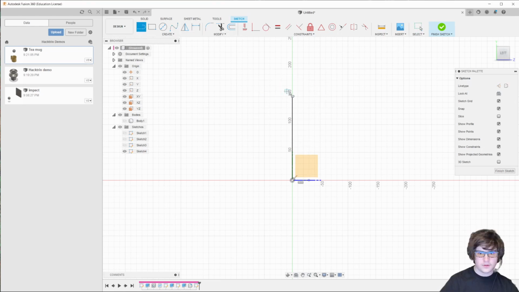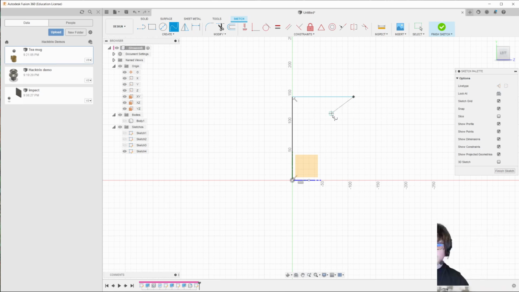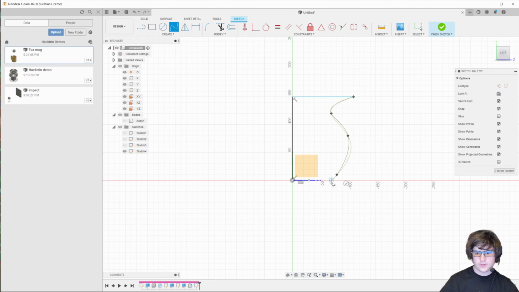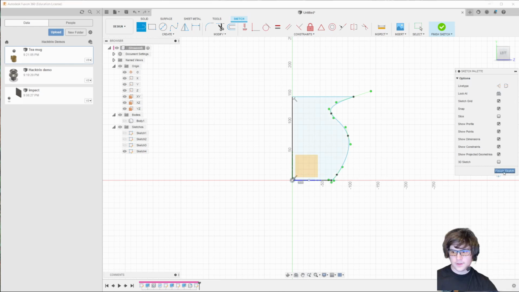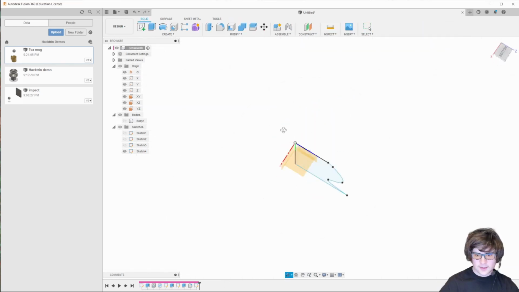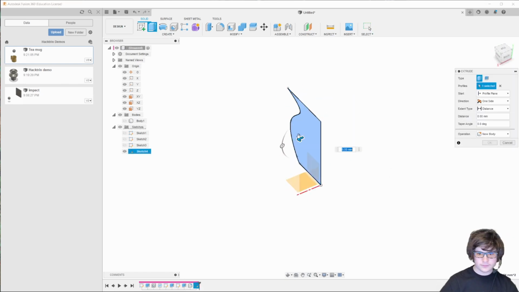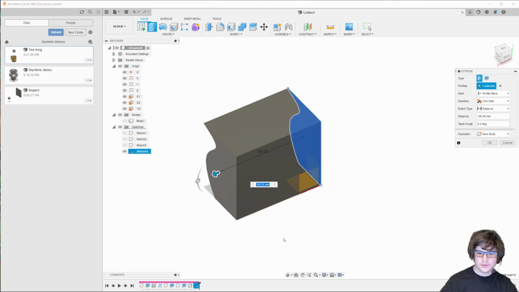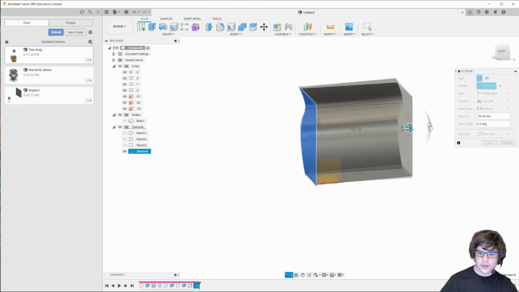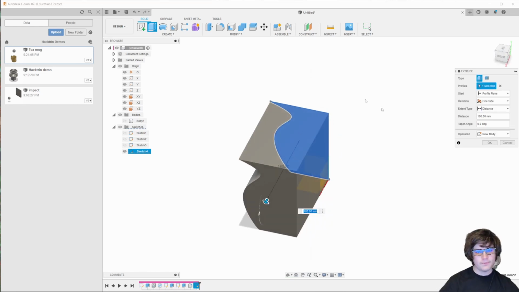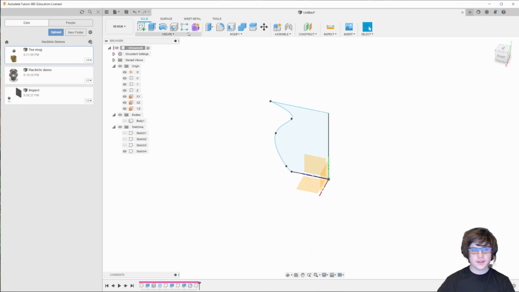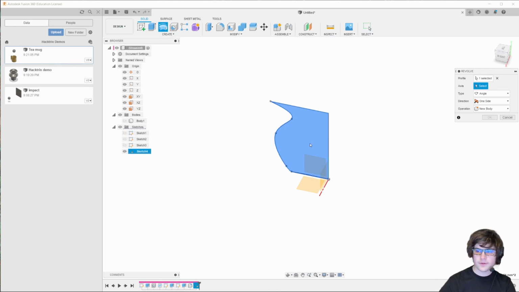And what I'm going to do here is use the spline tool, which lets me make a curved line, and then a regular straight line, and we have this structure. And if I attempt to extrude it, we'll run into a certain issue. The fact that it's not really a vase, it's more of a, I don't know, sort of wedge with a curvy shape. But what we can do instead of extruding it is use the revolve feature, where we